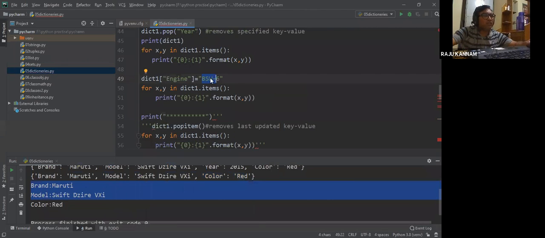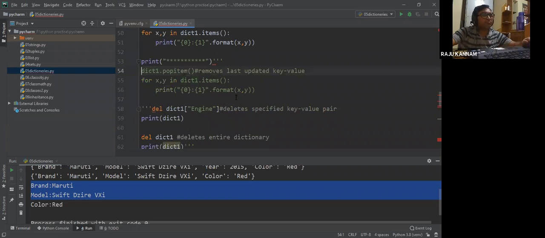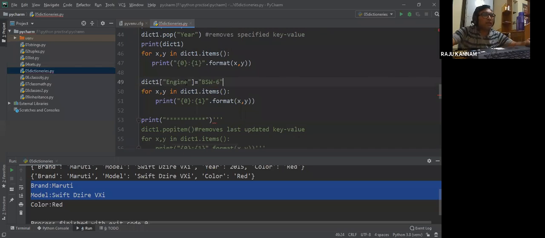So dict1 engine equal to so and so, and after that again I'm going to print it. I'm adding one more item called engine, that is BSW6, and again I'm printing key and its value.